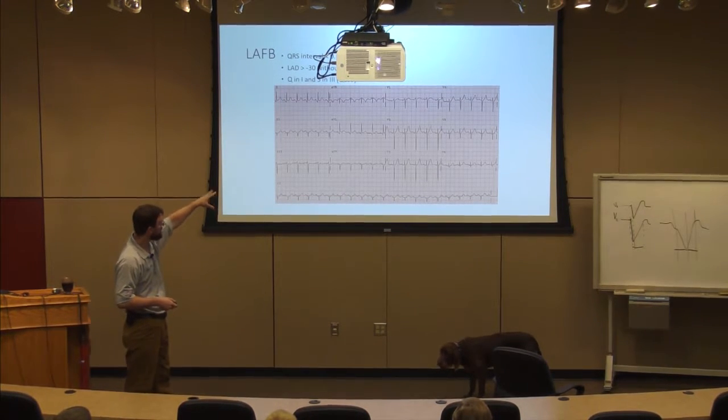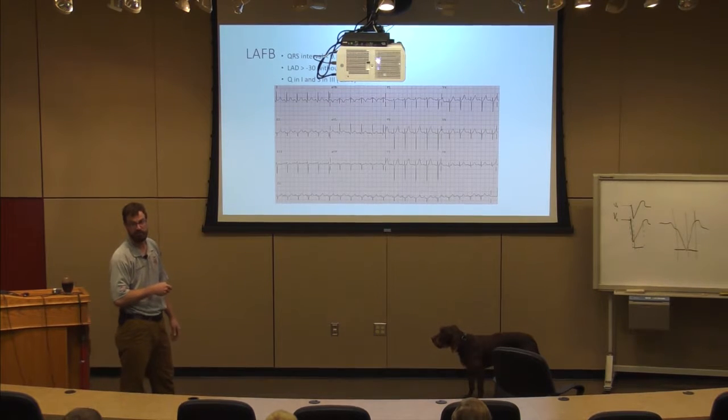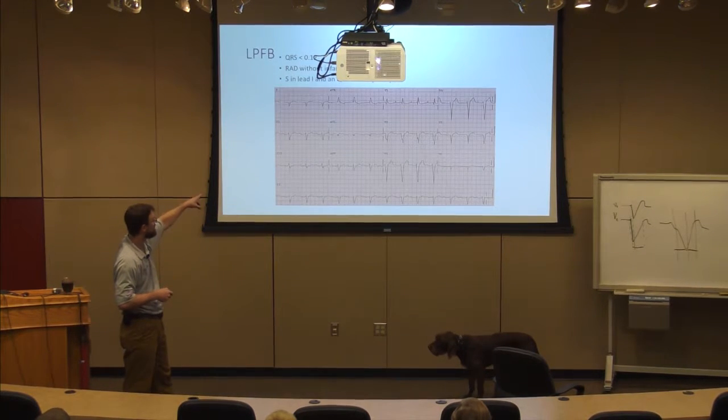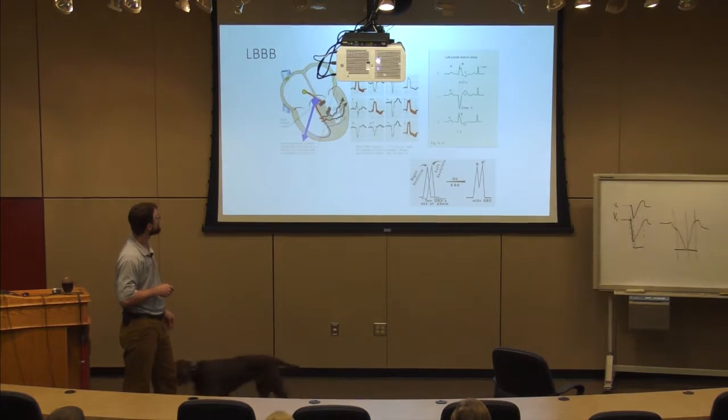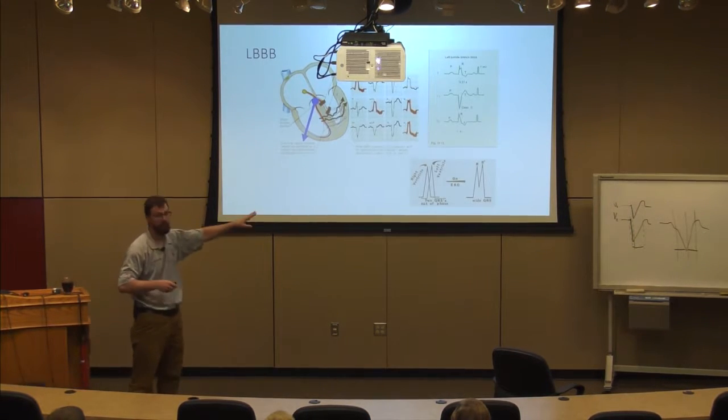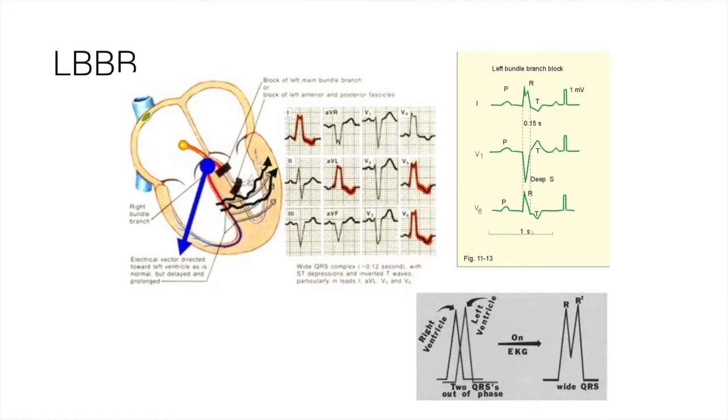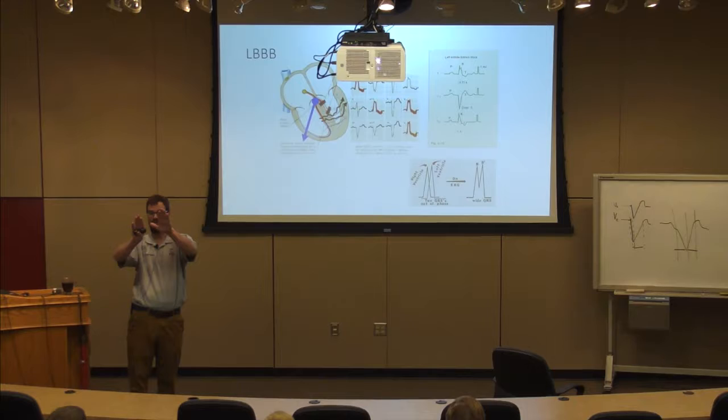So just a pure left axis deviation with a narrow QRS, a lot of the time is just a fascicular block. And you can see on this one, I have a posterior fascicular block. I've got some right axis deviation without infarct or hypertrophy. That's the criteria. Now with left bundle, I'm wide because I'm depolarizing an entire ventricle slowly. An entire ventricle is being depolarized in a slow fashion, so I uncover and widen out that complex.